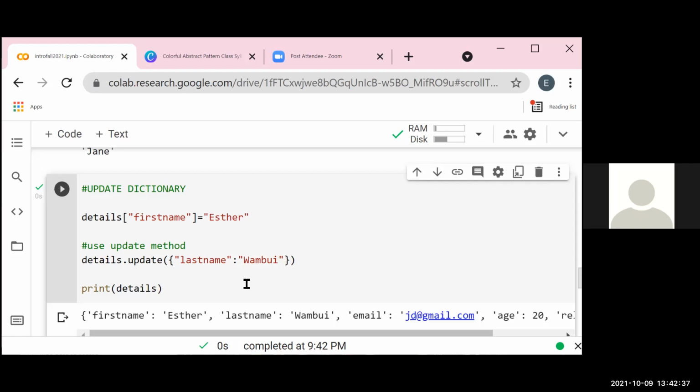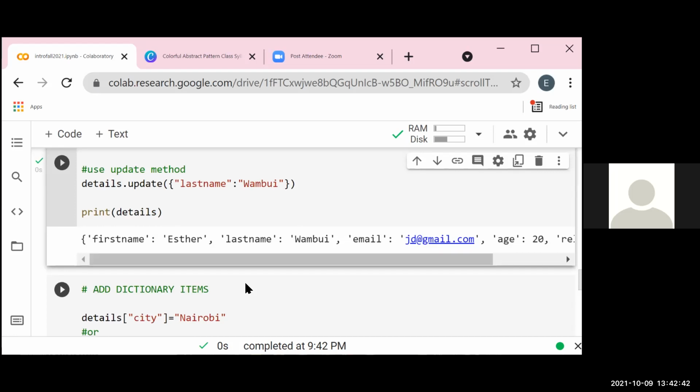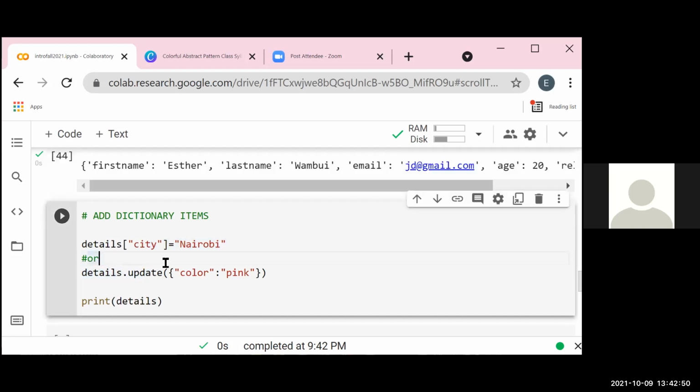As well, we can add dictionary items. So how do we do that? We just create a new key. We have a key, city, because in this case the details dictionary already exists, so we want to just add a key value pair on top of whatever we have. So we have the city and we set it to Nairobi.